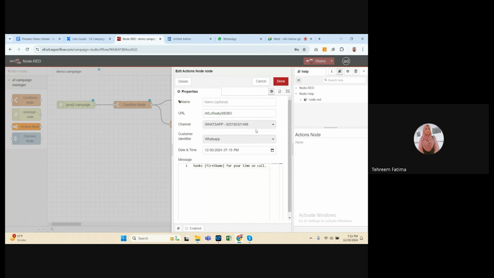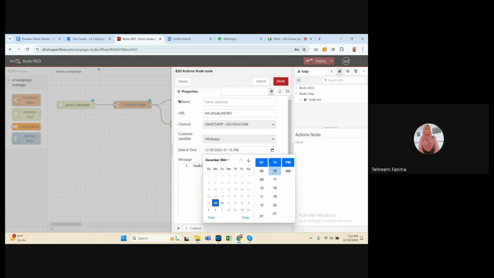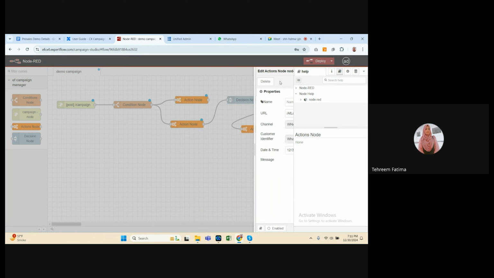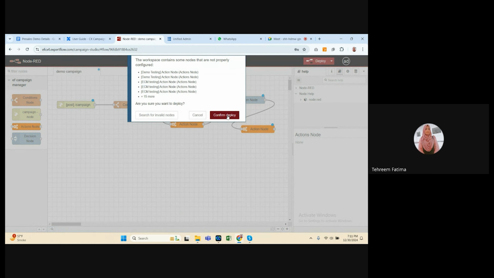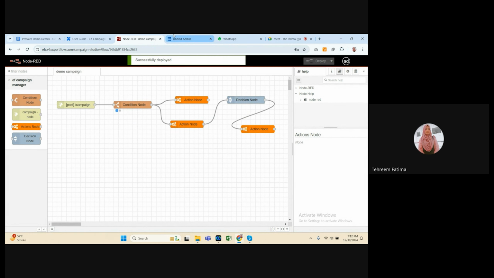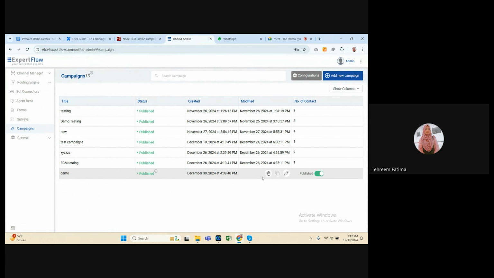And for this, let's say 7:17. So from here you must deploy the flow of the campaign to apply the flow you have designed. So you can see it's successfully deployed.